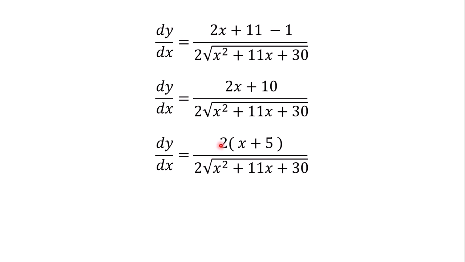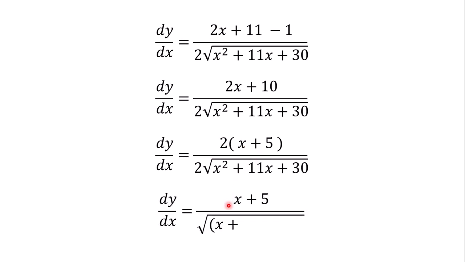This and then this one will cancel out, and it will be left with x plus 5. Alright, so dy over dx equal to x plus 5 over square root of... yeah, here I chose to factorize this side because